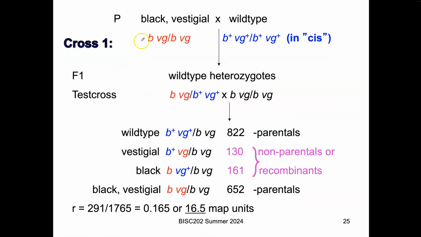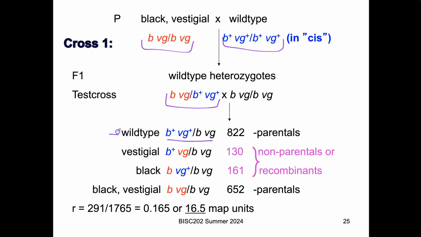So the first one is a parent that's homozygous mutant for black and vestigial, and then one that's wild type for black and vestigial. So that's a cis combination with the 2 dominants together on the homolog. The wild type heterozygotes have this arrangement. And then when we look at the progeny from this cross, we see